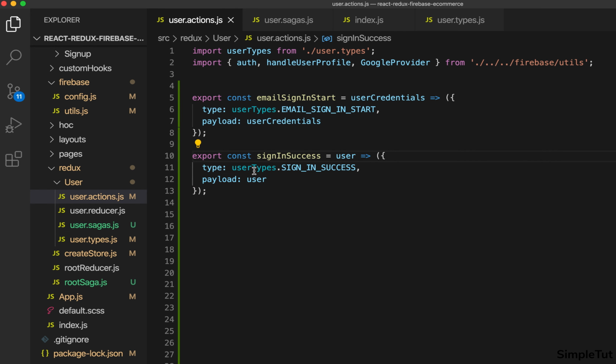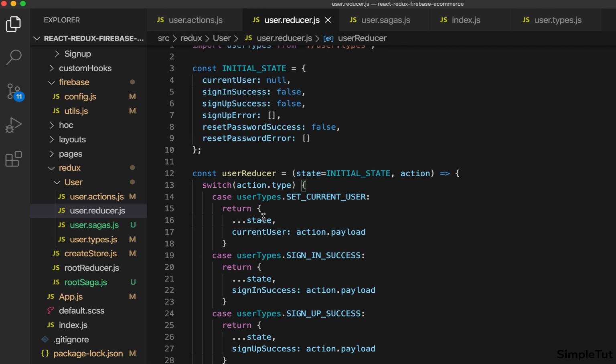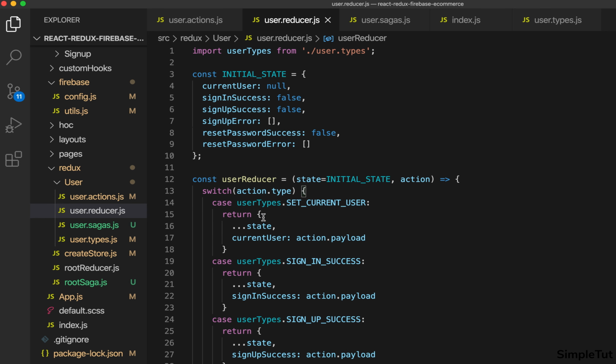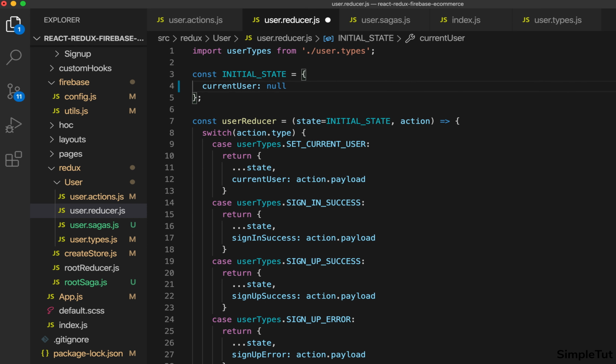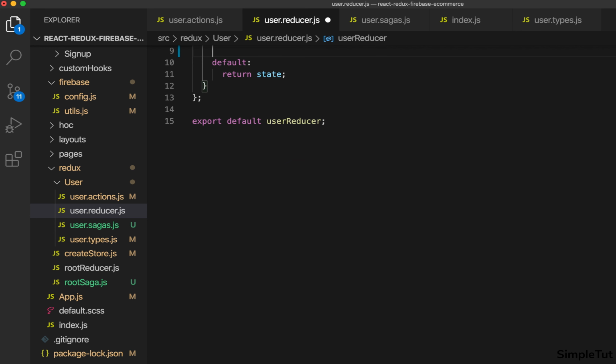So if we look at this action, it dispatches the sign in success type. Now, if we look at our user reducer, we have quite a lot of code in here, but none of it is set up to handle the changes that we've made. So what we're going to do is a major refactor, which is going to be more deleting than anything else. And all we're going to do currently is just delete the initial state all apart from the current user. And we're going to delete all the cases off of our switch function apart from the default